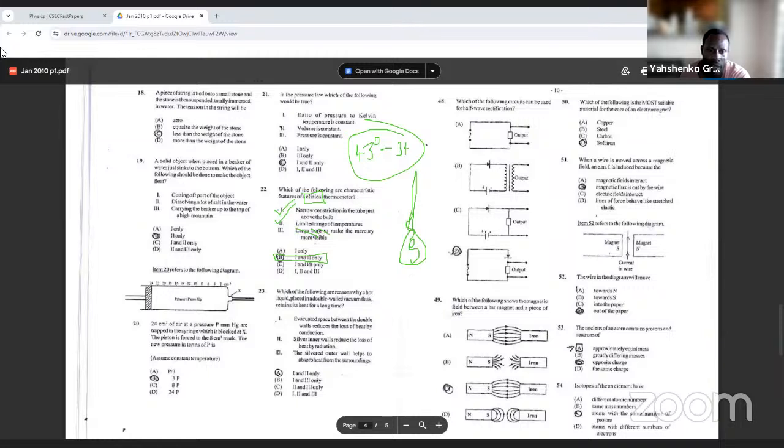Now let's go again. Which of the following are reasons why a hot liquid placed in a double wall vacuum flask retains its heat for a long time? Right. You asked for a double wall vacuum flask. What is that? Basically, they're saying a thermos. So the first thing is that the thermos